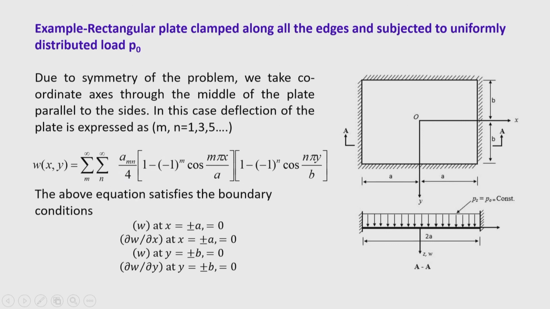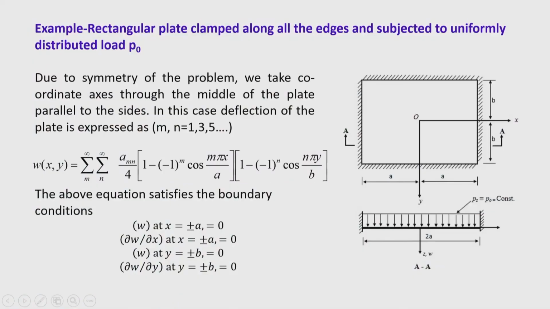Otherwise it becomes unnecessarily complicated with the help of different terms in this series. First, let us investigate the solution procedure with the help of only one term of the series. Now, to use the Rayleigh-Ritz method, we first have to select a deflection function. Okay. The deflection function is selected, so this process is over. Next, let us see what the next step is. The next step is to calculate the strain energy of the plate and the work done by the external load.